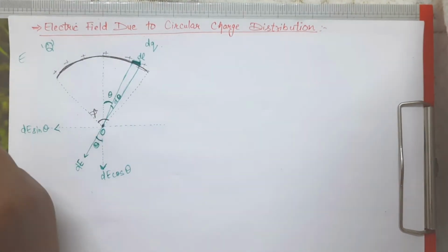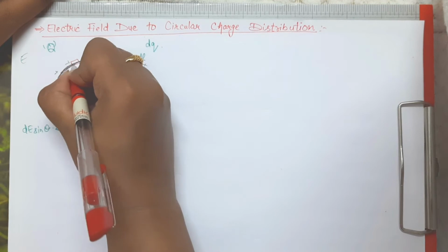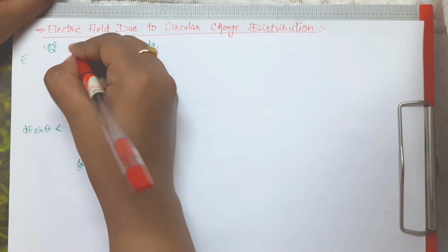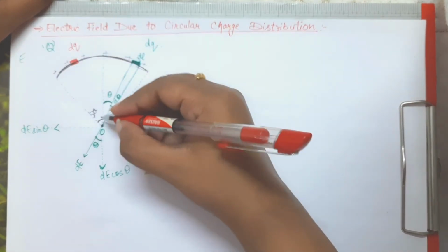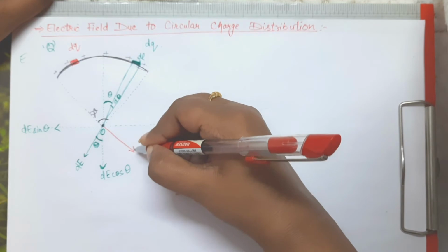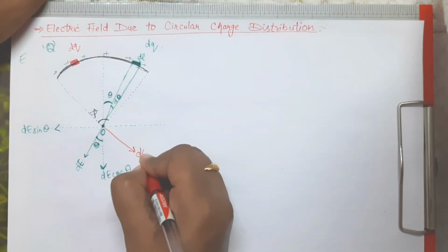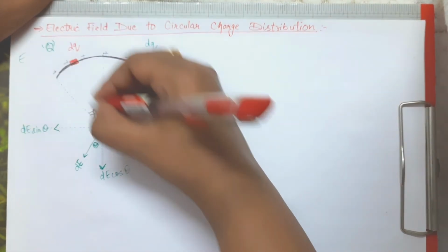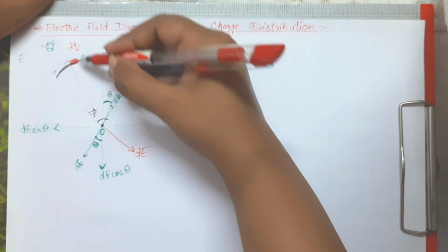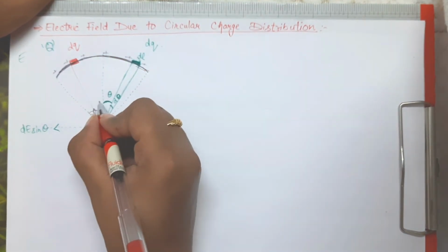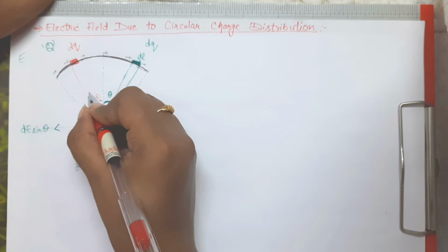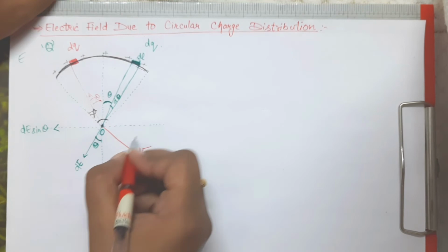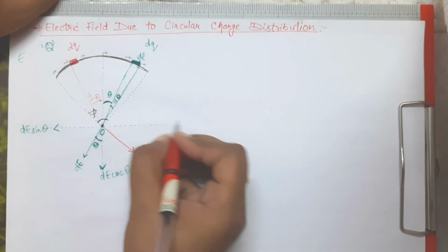Now what we will do is we will again cut a small length dl here at the same distance from here, a small length dl where dq charge is present. Due to this charge dq, again there will be a small electric field dE. That will also be making some angle of theta. I am not drawing it again. Here, from here theta subtending an angle of d theta. Just like this, here it will also be there. Because this is dE.